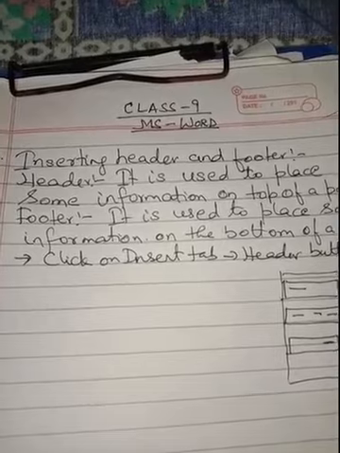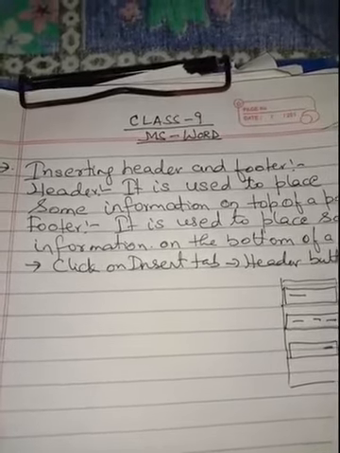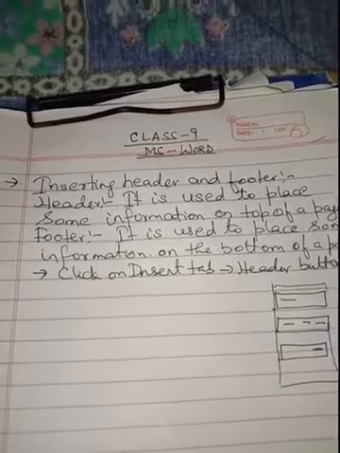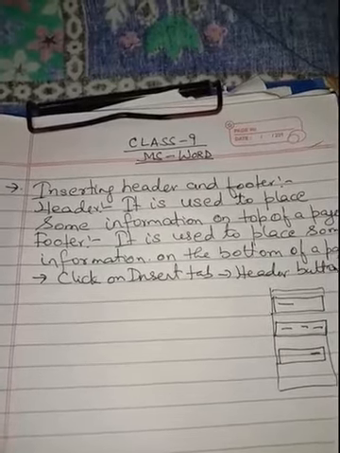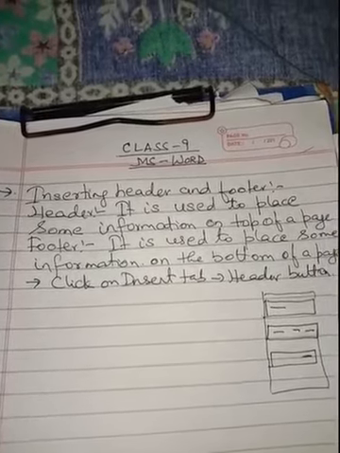So now comes the topic how to insert the footer in our document. The same steps that we have used in the header will be used in the footer also.